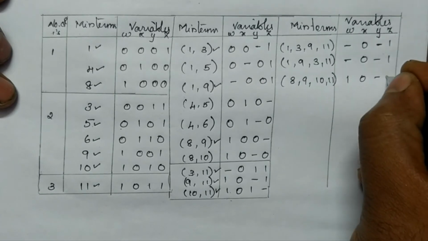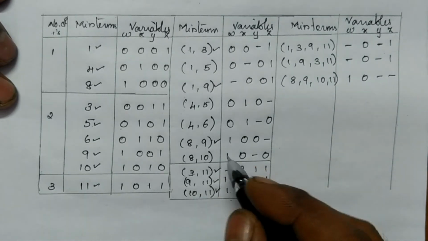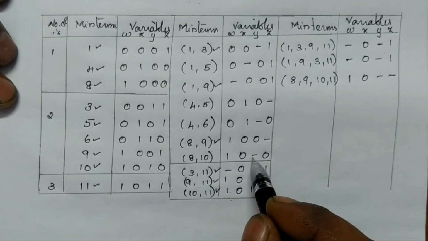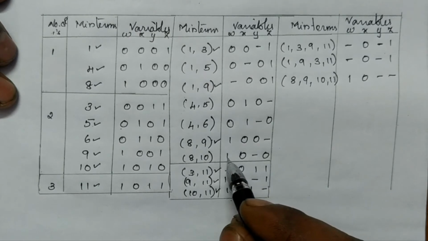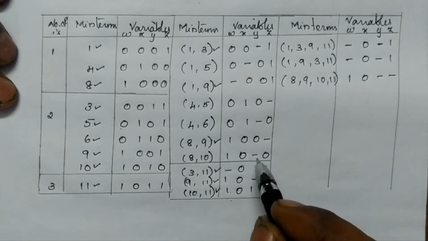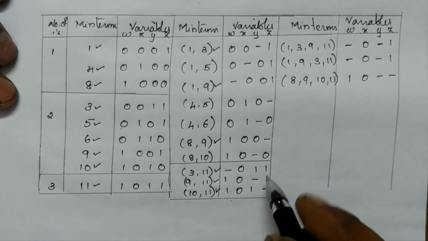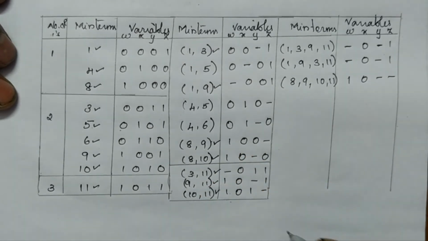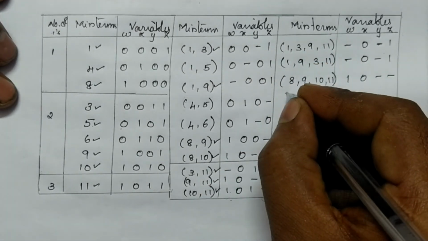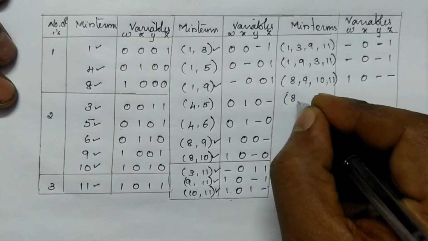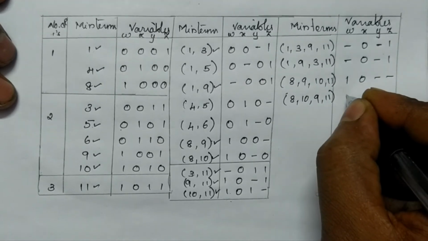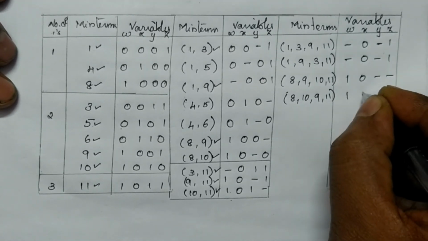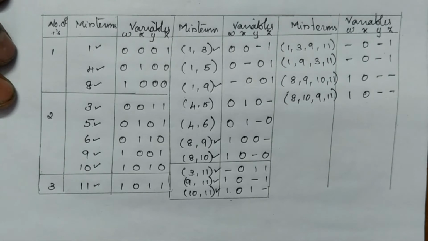Here already we are having the hyphen. Likewise last term, here we are having hyphen at third position, here also we are having the hyphen at third position. Then we need to check for 1 bit change, first bit same, second bit same, last bit 0 1 change. Therefore these two we can group, and here the values are 8 10 9 11, and the values are 1 0 hyphen hyphen.